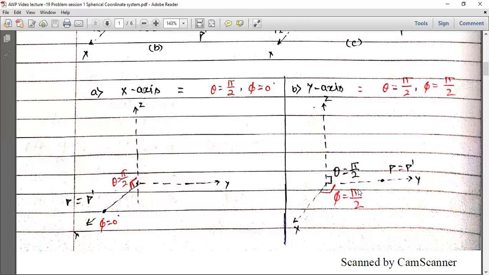There will be a 90 degree angle between OP and the positive z-axis. And for finding the third coordinate, that's phi, we draw the projection from point P to the xy plane. As you can see, the point P is lying on the y-axis. And since point P is lying on the y-axis and the y-axis itself is always in the xy plane, point P is lying in the xy plane itself. And as we have just mentioned, the projection of any point in the xy plane on the xy plane itself will be the same point itself.